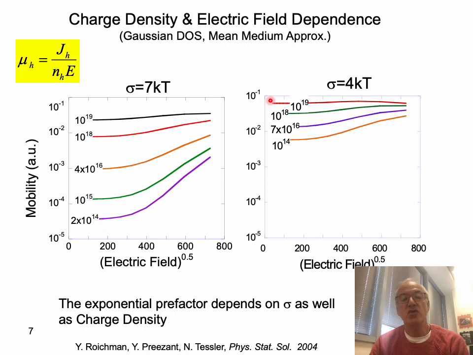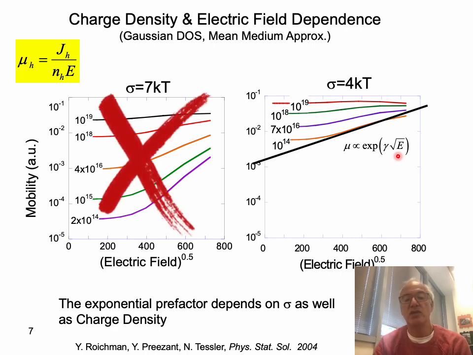And again, this is just to show that the higher the disorder, the longer the tails, and the enhancement of the mobility as a function of the electric field or charge density is really more pronounced for sigma like 7kT. And if we just concentrate on this linear slope on the log scale, then we can see that it really fits the idea of the mobility being proportional to the exponent of the square root of the electric field, which is what we have seen when we discussed